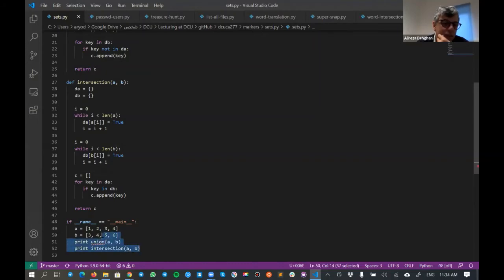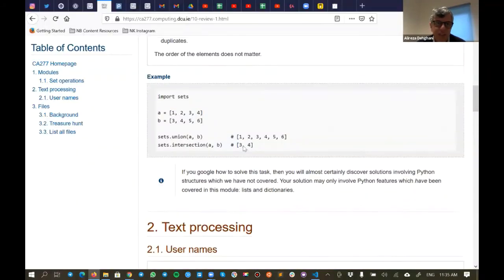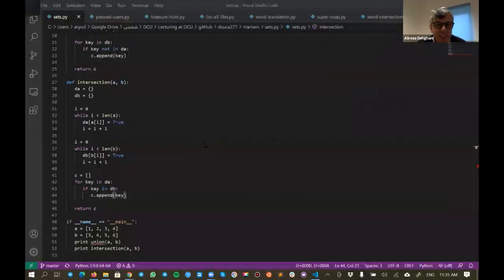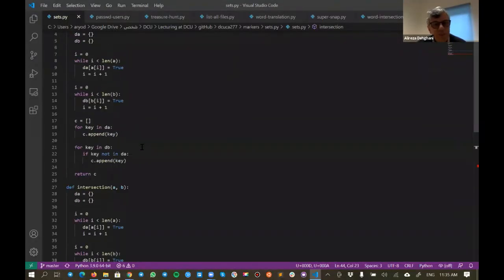And like I said, you can add these things at the end of your module, and then if you run the module, everything will happen in here, or you can go there and do something different. So that was the problem of the sets. You have two different sets, you want to do union. There is a trick in here that I may ask in the exam. The trick is